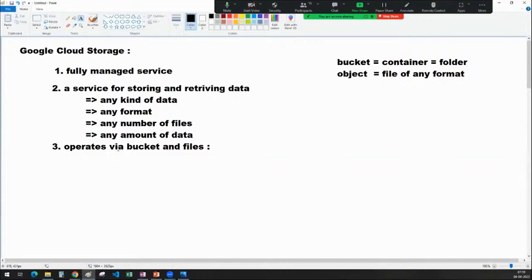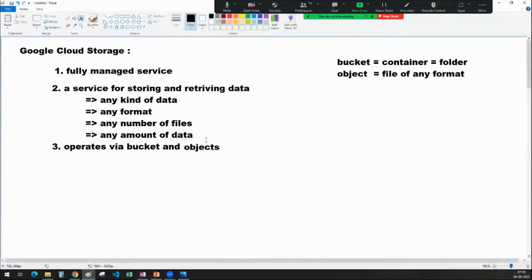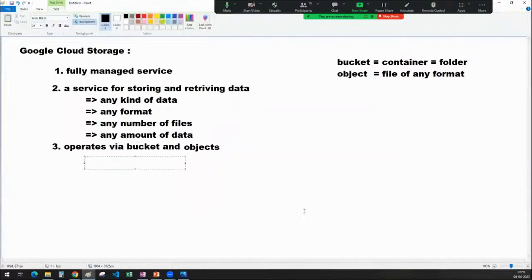Sir, in a Google Cloud Storage, it operates via buckets and objects. I should mention objects here, not files, because the terminology is object. Okay, it operates via buckets and objects. What is a bucket? A container or a folder. What is an object? A file of any format. So what does that mean, sir? If it is operating via buckets and objects, do I have to create a bucket to store the objects? Yes. So we have to create